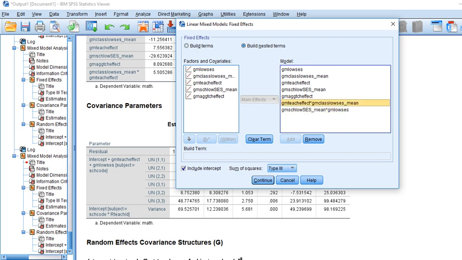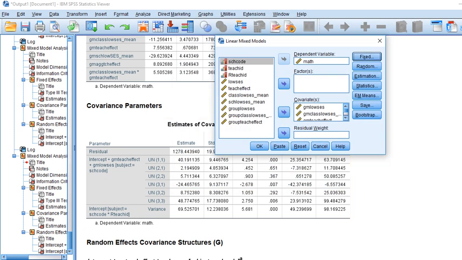So you'll see that this is basically reflecting that the previous video, the interaction within level 2 between teacher effectiveness and classroom low SES variables. This is basically a cross-level interaction between the level 3 predictor reflecting proportion of students within a school who are identified as low in SES, and the level 1 predictor, which is the student level identifier for being low in SES. So now when I click on Continue and then on OK,